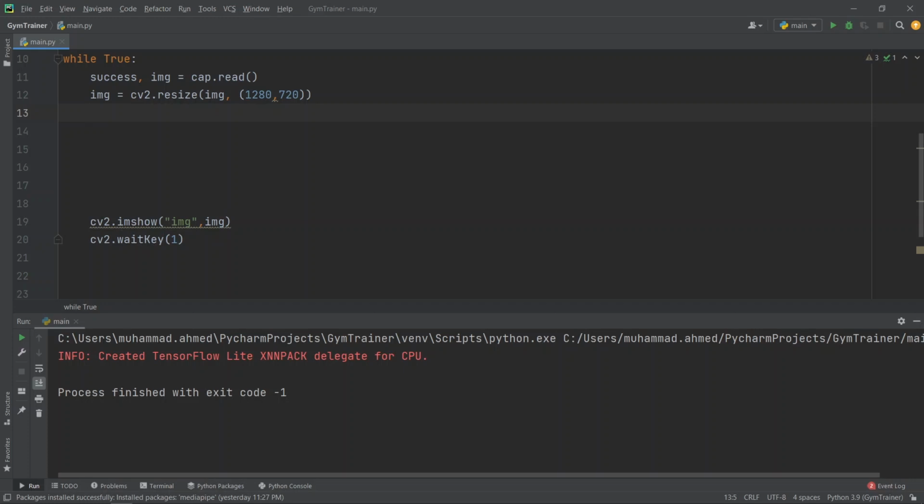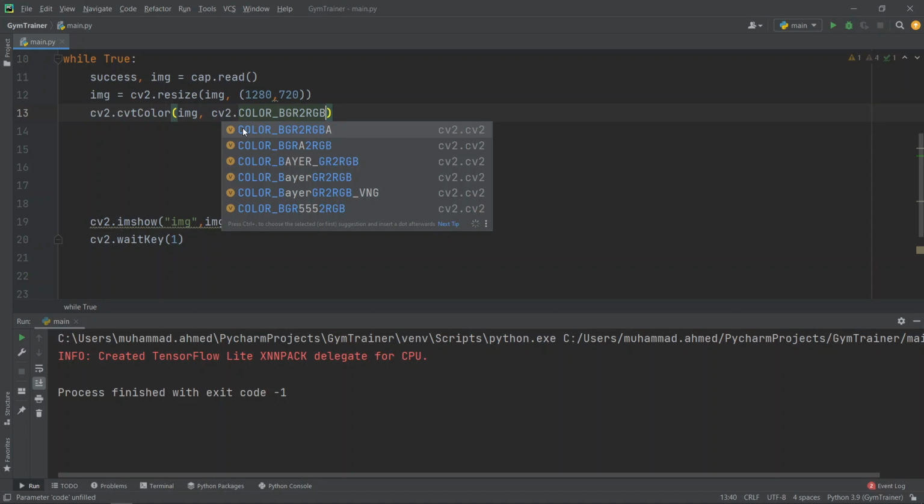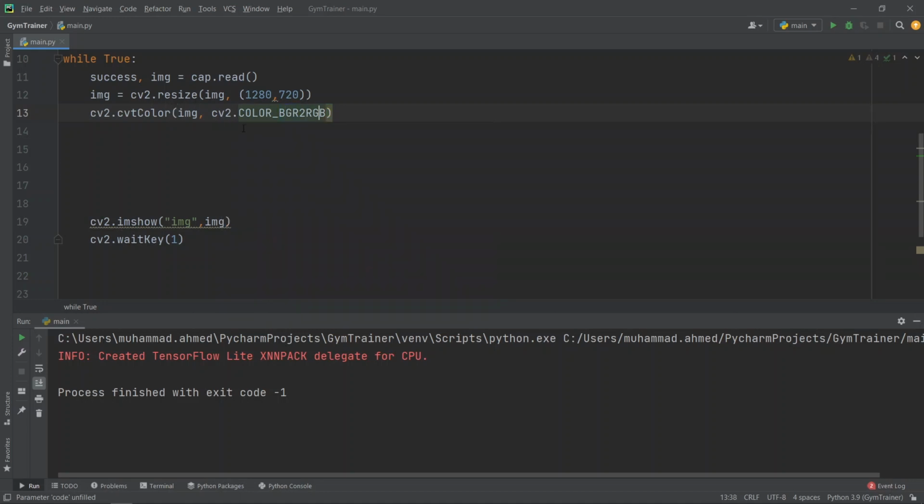So for converting, we will go for cv2.cvtColor. Inside that, we will provide the image, and we will ask it for cv2.COLOR_BGR2RGB. So we are converting it from the BGR channel to the RGB channel. Next, let's save it inside the image RGB variable, and we will be using this variable when we want to refer to the pose. If at this point you try to visualize this, you will not notice any difference, because the difference is in the channels only. So you cannot see this with the naked eye.